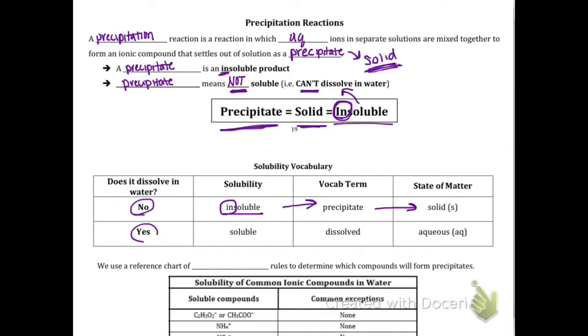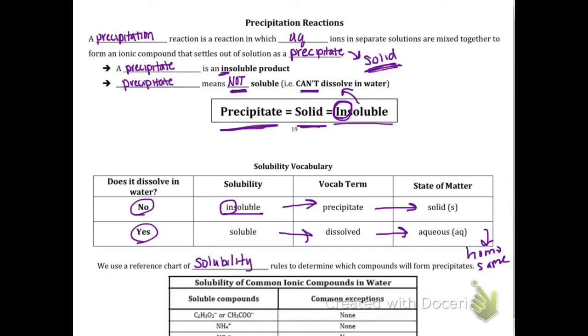If it does dissolve in water, then we say it is soluble. It will dissolve in water, and therefore it is aqueous, okay? And aqueous, remember, means that it's a homogeneous mixture. It looks the same all the way across. You can't tell there's a lot of different things in it, even though there are. So it all looks the same. That's aqueous, okay? So we're going to use what we call a reference chart of solubility rules to determine which